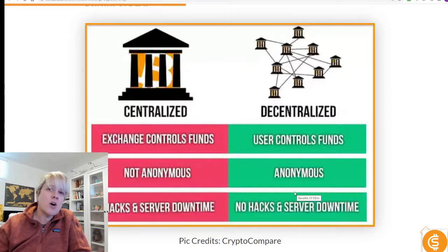So you might be saying, okay, which one do I choose? Well, really, you're probably going to have both, right? A lot of the super popular altcoins aren't on centralized wallets right now. So if you want to have something like SafeMoon, you're going to have a decentralized wallet such as Trust Wallet. And if you want to get into Doge and things like Bitcoin, then you can use something like Robinhood, or I know a lot of people have gotten into Shiba Inu this week.